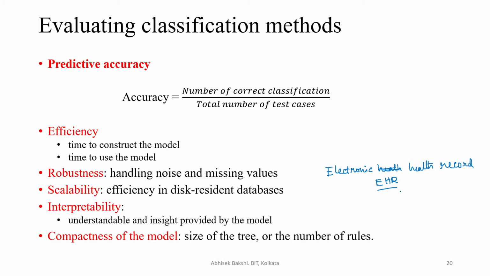Now another important thing is the compactness of the model. Compactness of the model means the size of the total model with respect to the number of free parameters. What is the number of free parameters? It ultimately means that we are going to create a function which depends on some x's, where x is a pattern, a feature vector x1, x2 to xn. And obviously we have some y.